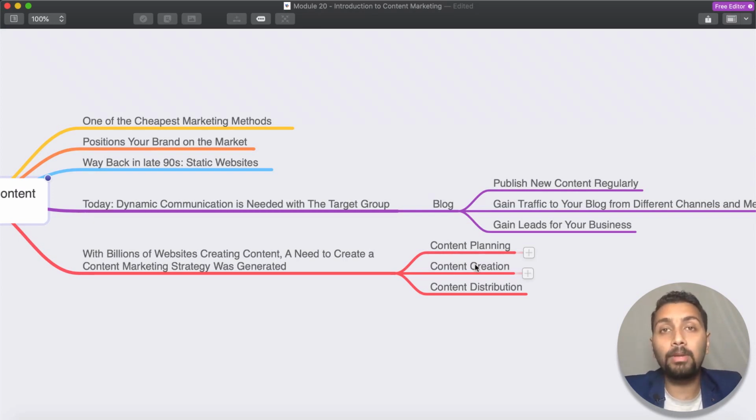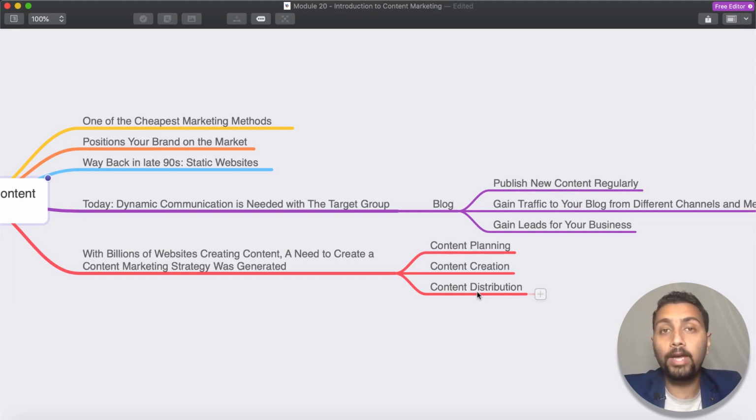Gone are the times when people used to find your website. There are so many websites, and people are hungry for attention. People are spending money on advertisements, and they are upping their SEO games just so that they can beat you and get the leads from your website to their website. So you don't just have to plan and create content, you have to think about how you're going to distribute that content so that you get the maximum number of eyes to your blog post or the content that you create on other social media platforms as well.